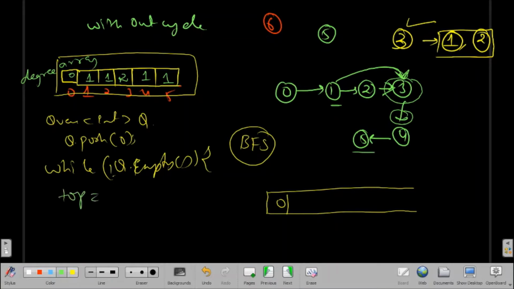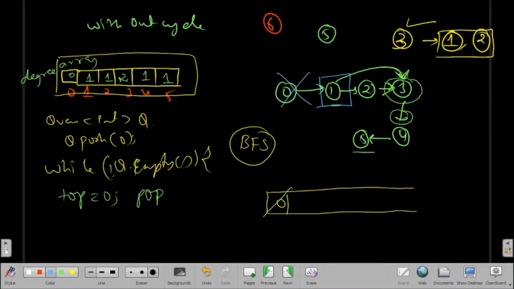Let's suppose in top I will store this course 0, and I will pop from the queue. Then I go to the neighbors of 0. We have only one neighbor of 0, that is 1. Because we have completed this 0 course, I'll just delete this.